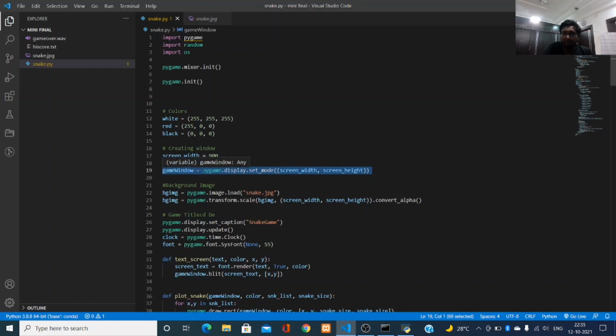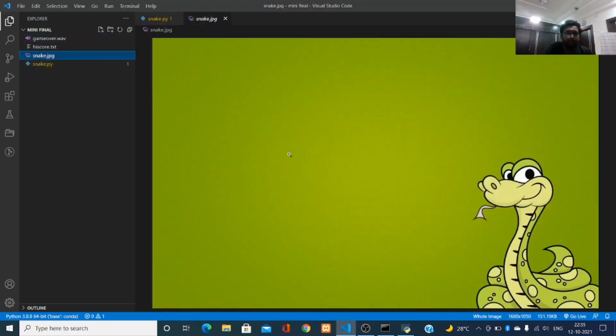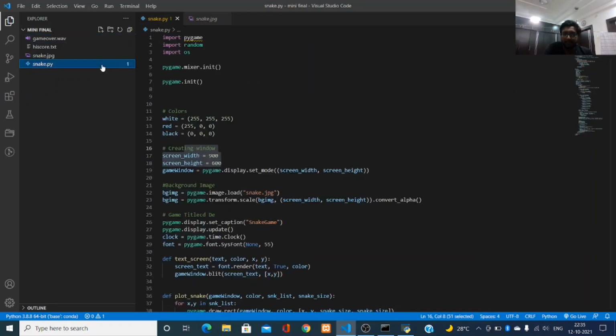It will take two arguments, screen width and screen height, which we have given above. Then this part is for background image. I have used this background image in my project. It will take a screen width and screen height, which will be same as a playing screen.